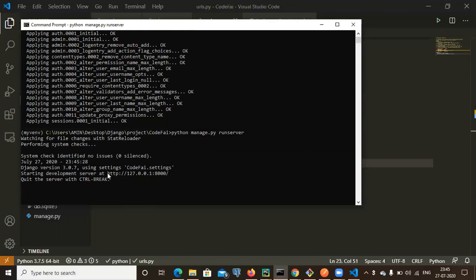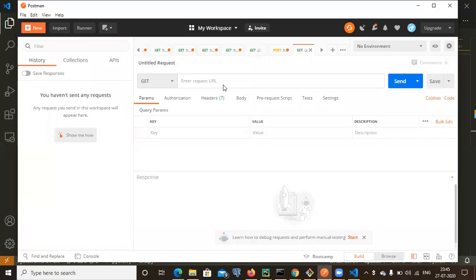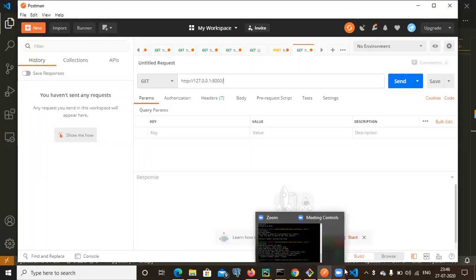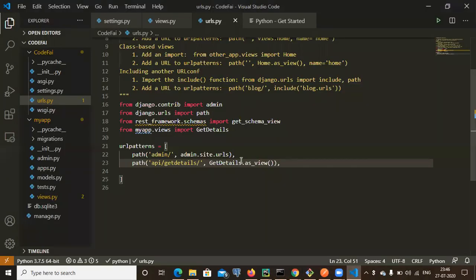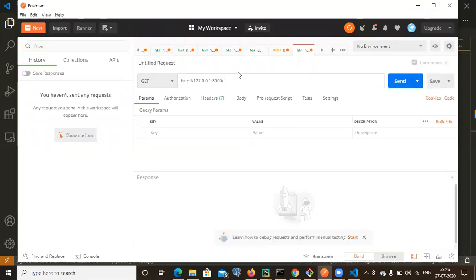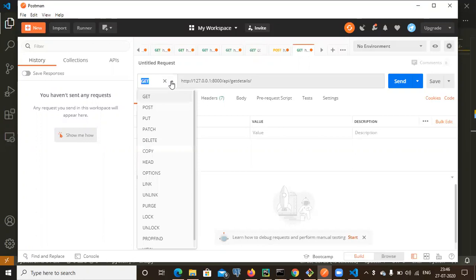So I need to use this host URL in my Postman, with whatever endpoint I have defined. If I want to use this endpoint, this is the get method actually I have called, right?